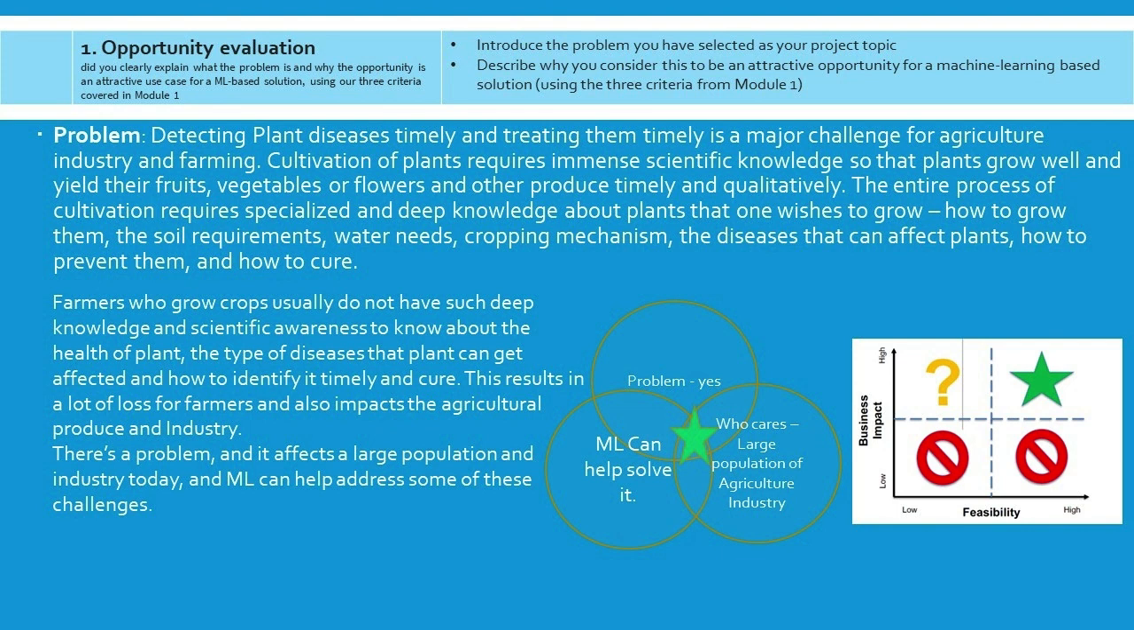So there's a problem, yes. Who cares? The large population of agriculture industry, and ML can help solve it. So we're meeting all the three identification criteria for a problem statement that ML can help solve. Okay, we begin. So next we follow the CRISP-DM business understanding process as part of our